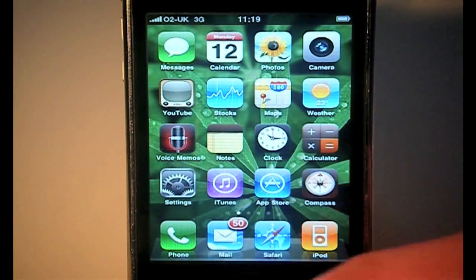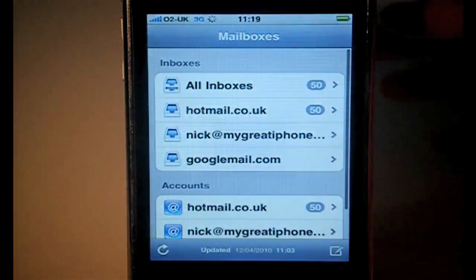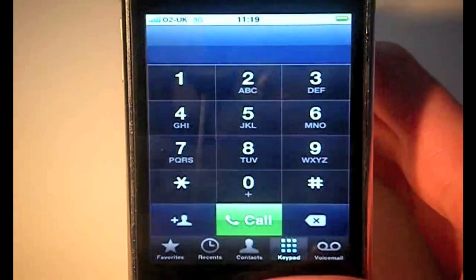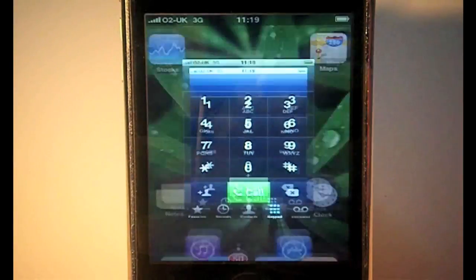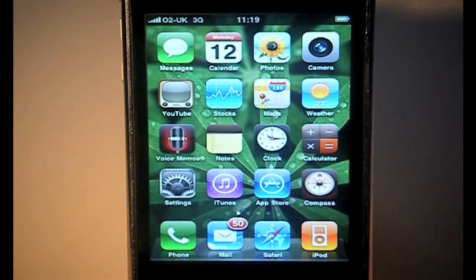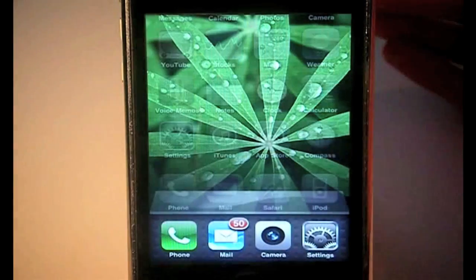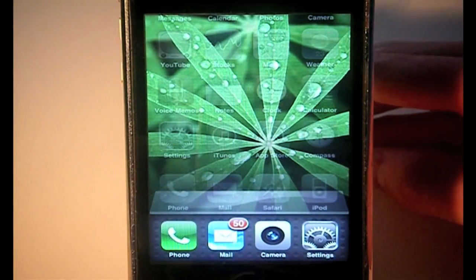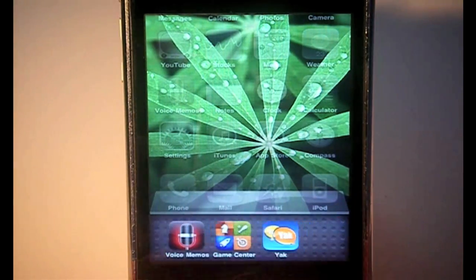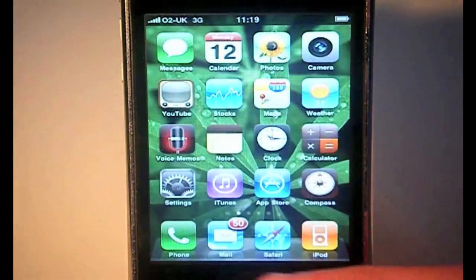So if you want to open up your mail, and then maybe you want to open up phone, you know you have to exit out. You press the home button and you have to scroll through the applications. But now if you just double tap your home button, you get all your open applications in a little dock down the bottom. This is very easy to scroll through. As you can see, I can scroll through